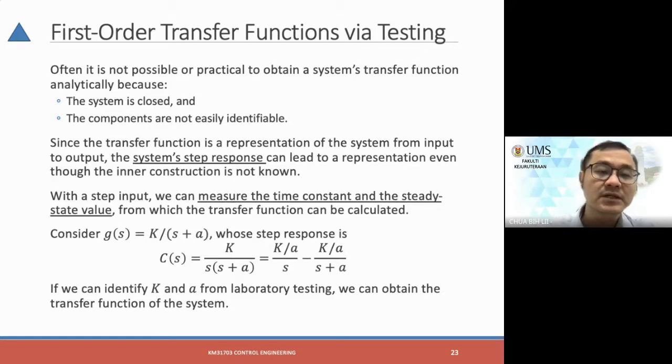So we have measured the time constant as well as the steady state value. These two are the important parameters that we can observe from a test when we insert a step input. When we insert a step input and observe a first order transfer function, we would see that the graph is a smooth curve without oscillation. Therefore we take this response to be